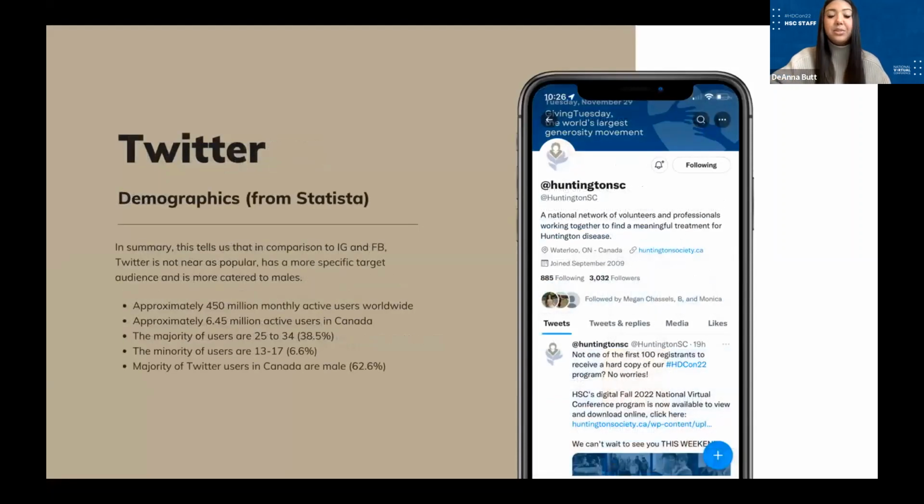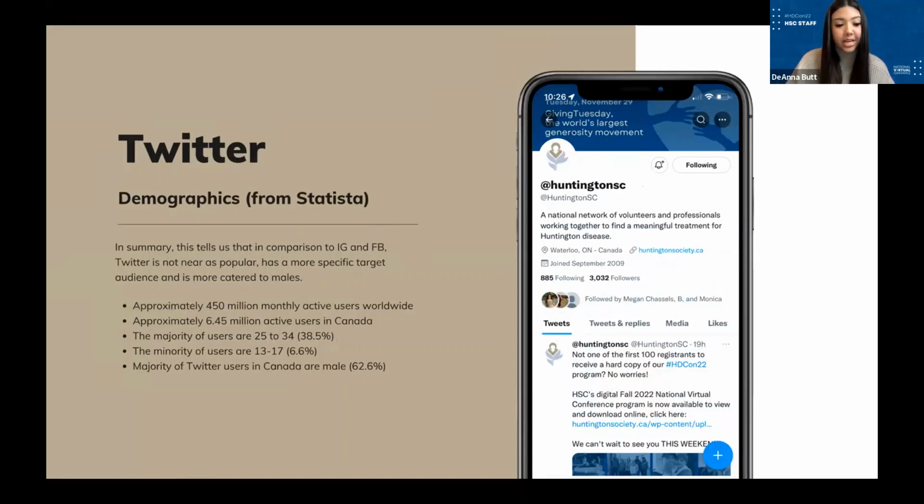Now on to Twitter. Some demographics with Twitter: there are approximately 450 million active users worldwide, and approximately 6.45 million active users in Canada. The majority of users are aged 25 to 34, occupying about 38.5%.